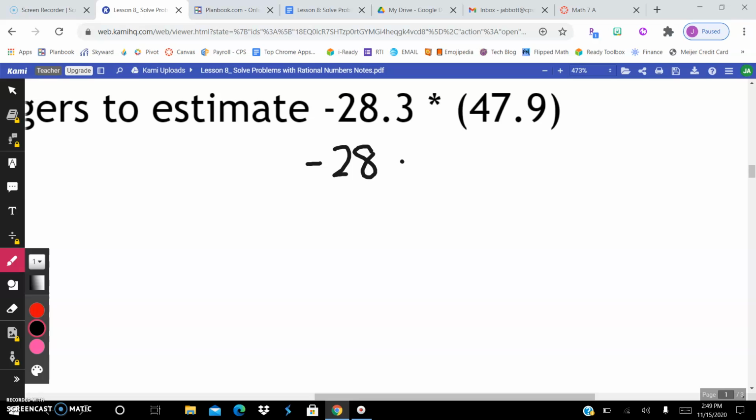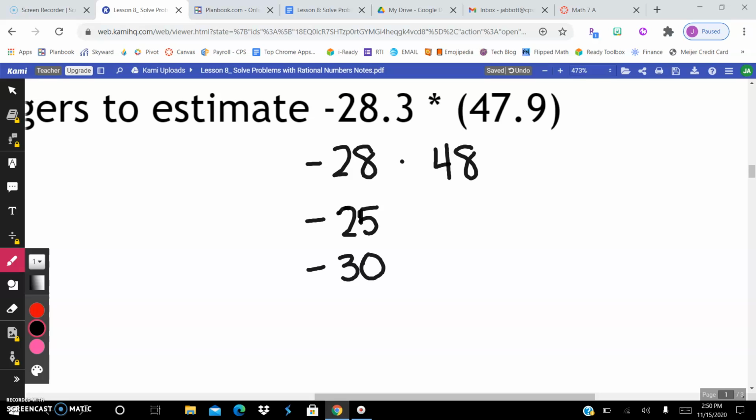And 47.9, it's not negative, 47.9 would round up to 48. If I followed the exact rounding rules, that 9 says move up, that 3 says stay the same in the 28.3. But now, usually when we estimate, we want numbers that we can work with in our heads. So I might take that -28.3 and I might round it down to -25 because that is a number that is easily worked with. I also might take it and round it up to -30. So depending on what my other number is,